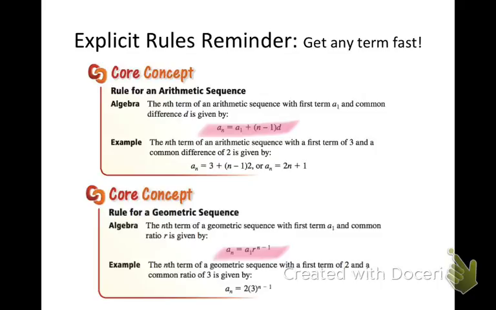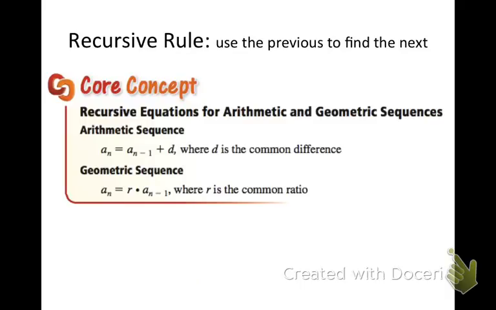It's easy to find terms in this way because if I wanted the 117th term, I just plug 117 in for n, and I've got the term. Now we're going to look at recursive rules. Here, you have to write out all the terms before 117 in order to know what the 117th term is. So,